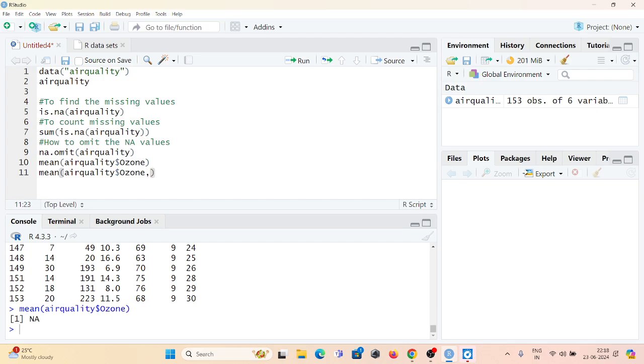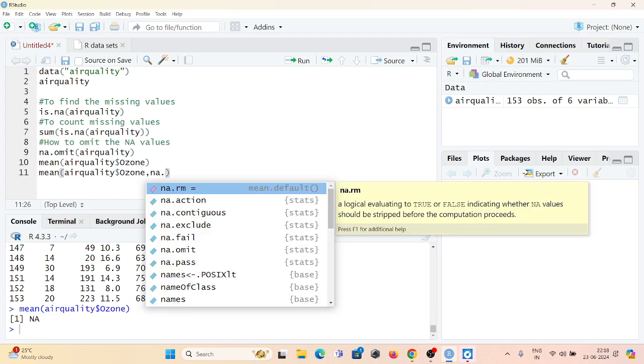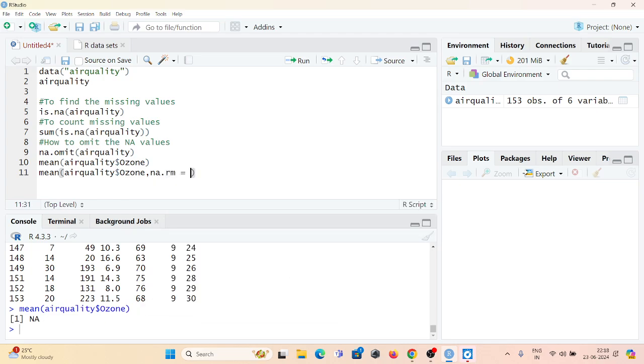So how can we write here? I have to consider a parameter that is called na.rm. rm stands for remove. That means remove the NA values. I will put TRUE. Okay. So if I put na.rm equal to TRUE, that means I want to say remove the NA values.